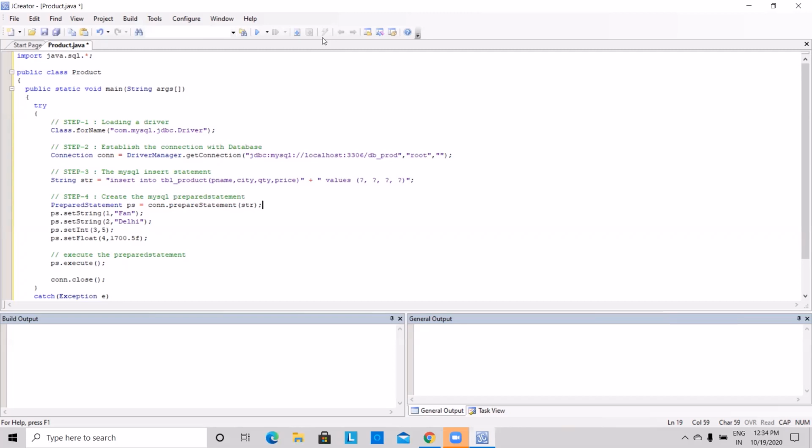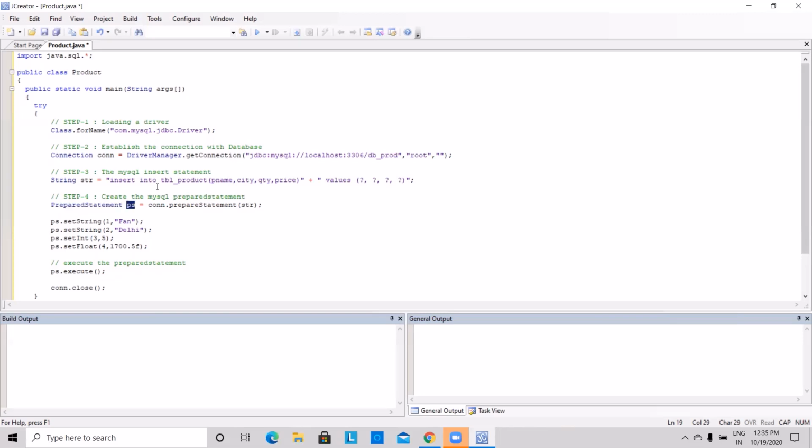So 2 things you need to remember. Whenever you want to send a runtime parameter, as we are sending here 4 runtime parameters, the most suitable option is a prepared statement. And second thing, a prepared statement is already pre-compiled, so we need to just run it, so it will be very fast for us. This type of statement is more suitable when we want to run a query multiple times. So actually this PreparedStatement is a ready-made interface from the SQL package.